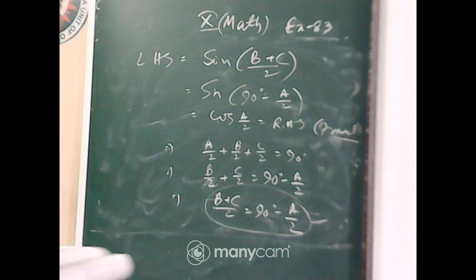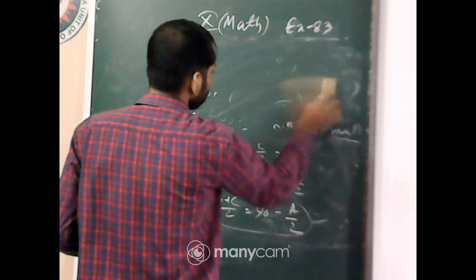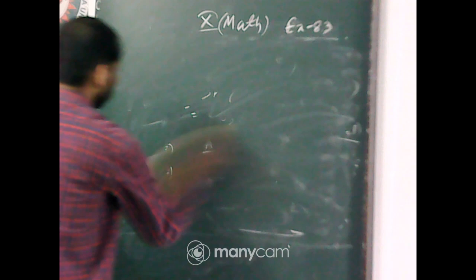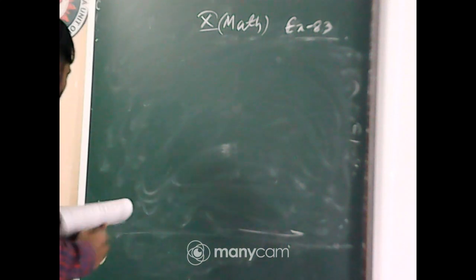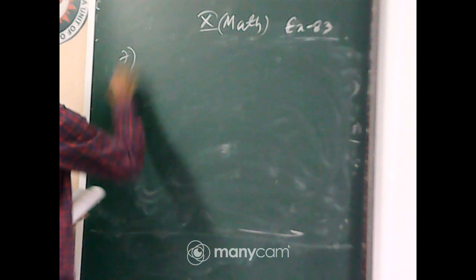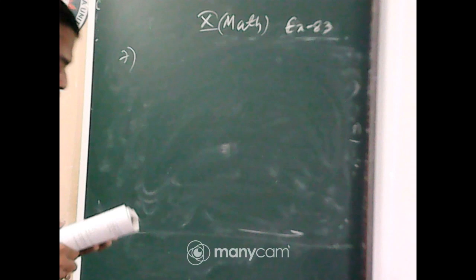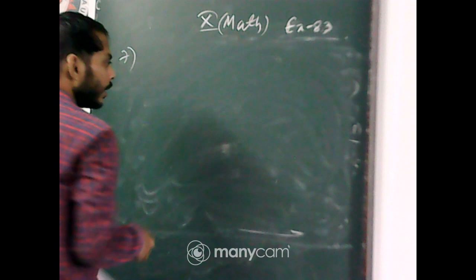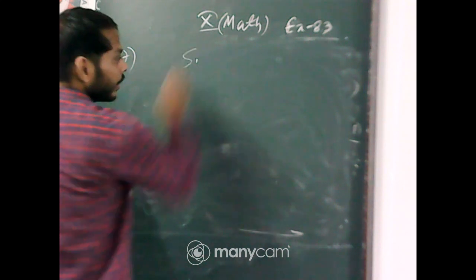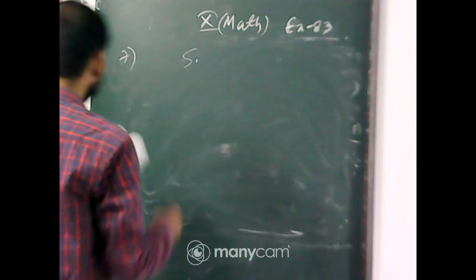So move on to the last problem. Question number 7. The last one. Go through the problem. Question number 7. Express sin 67 degree plus cos 75 degree in terms of trigonometric ratios of the angles between 0 degree and 45 degree. Okay. So that means, yes, Satyadeep, Somodeep. Yes, very good.